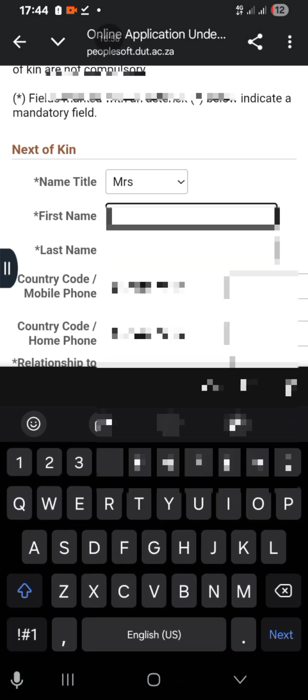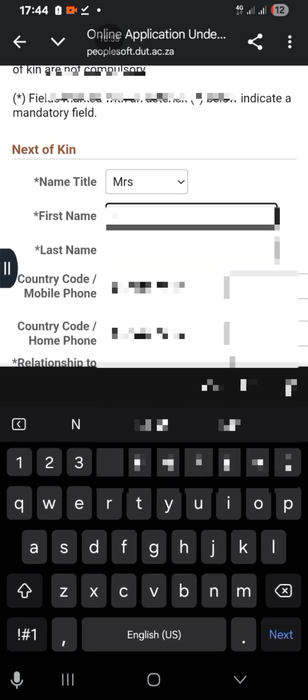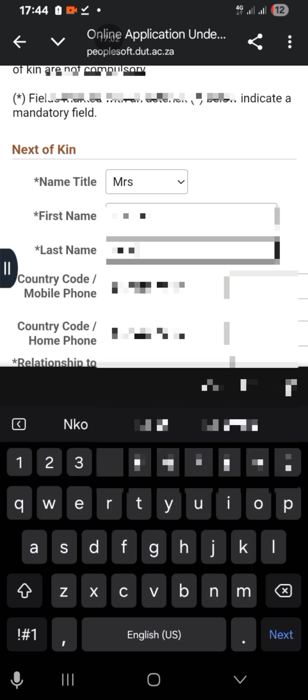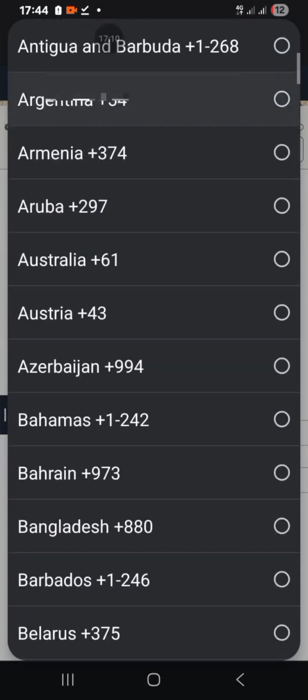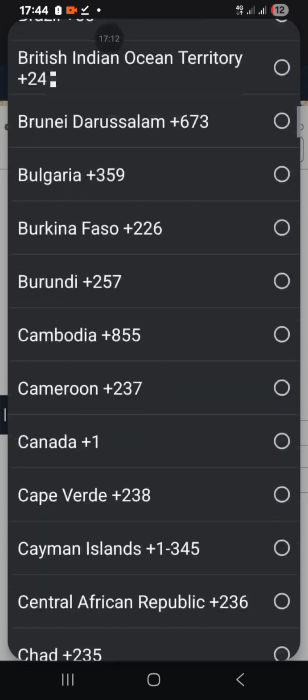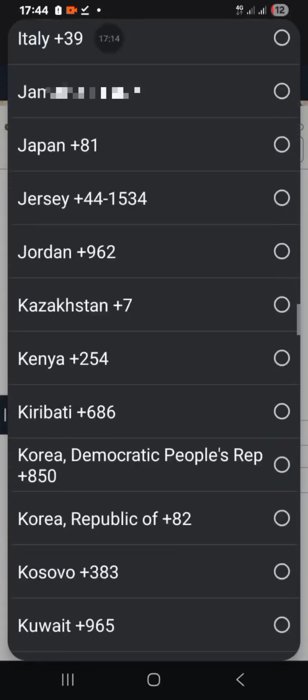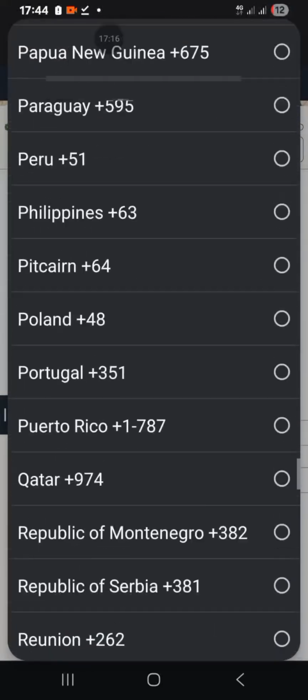Next of kin, umuntu oseduzane nawe, Mrs. If it's a Mrs. And then you have to fill his or her details.